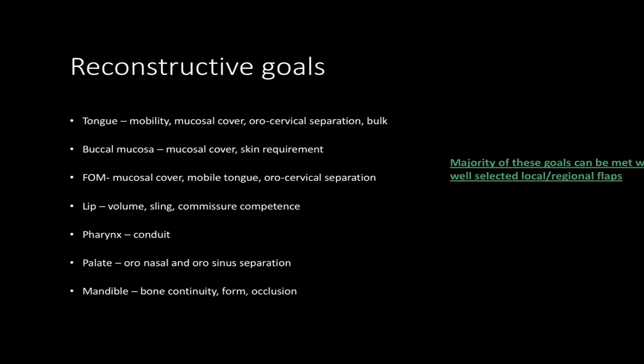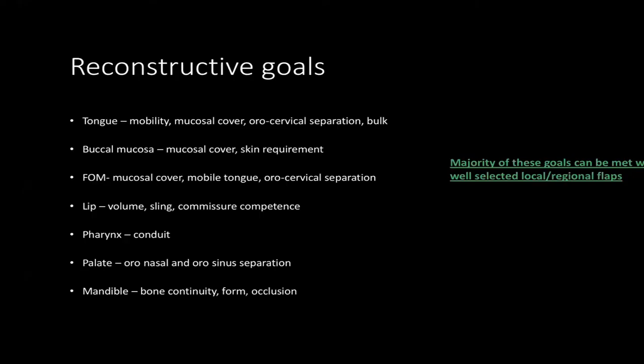Buccal mucosa, again, needs mucosal cover, either by skin. And if the defect is through and through, you need external skin as well. If there is a floor of mouth defect, again, you need mucosal cover. You have to make sure that the tongue doesn't get tethered to the floor of mouth, and you have to ensure orocervical separation. For the lip, the requirements are volume of the lip, the muscular sling of the lip,